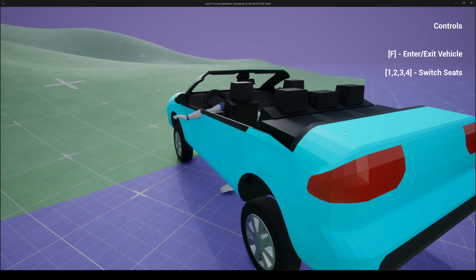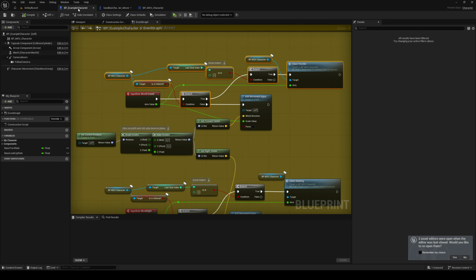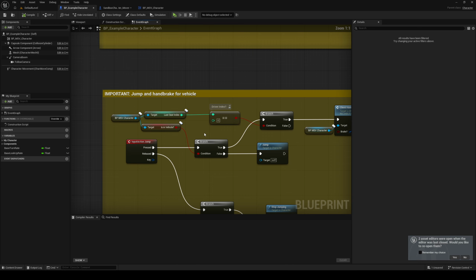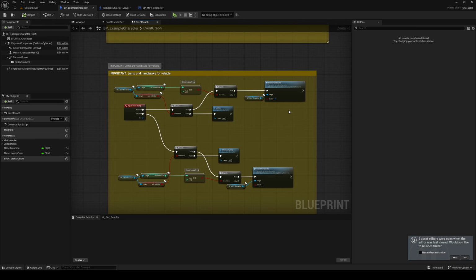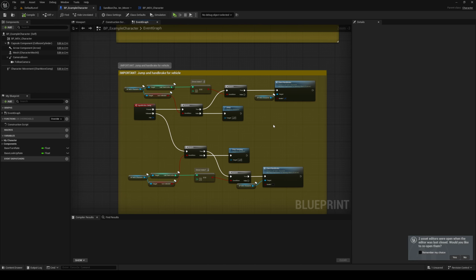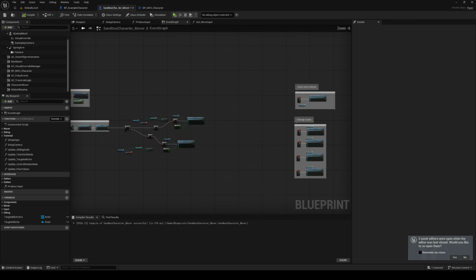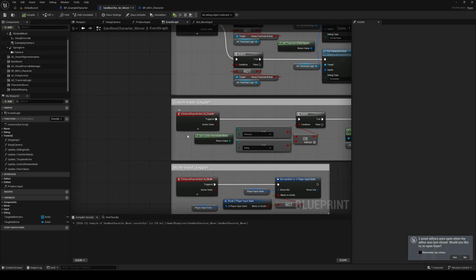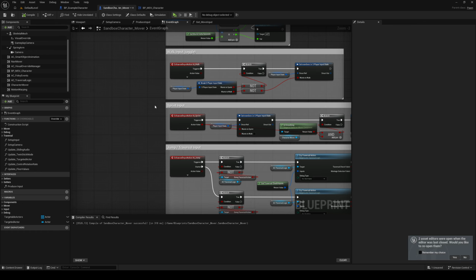Okay. The end brake, however, is not working. So we need to set that up as well. So let's copy this. Control C. Now for the end brake, we are using jump. So if we find